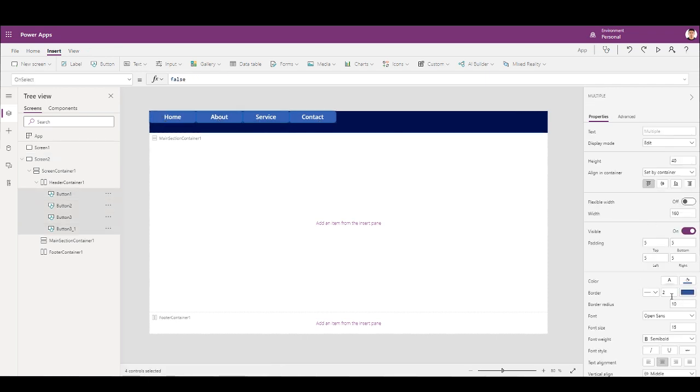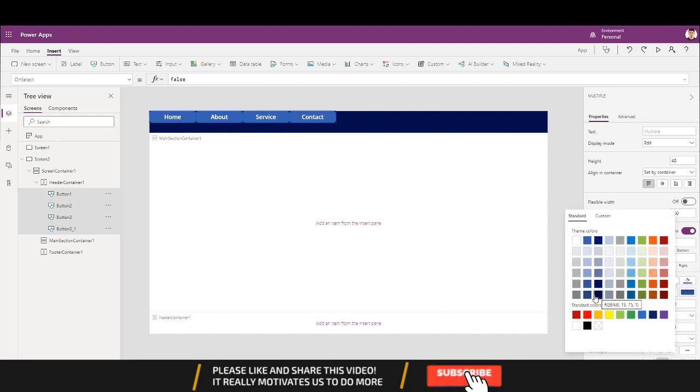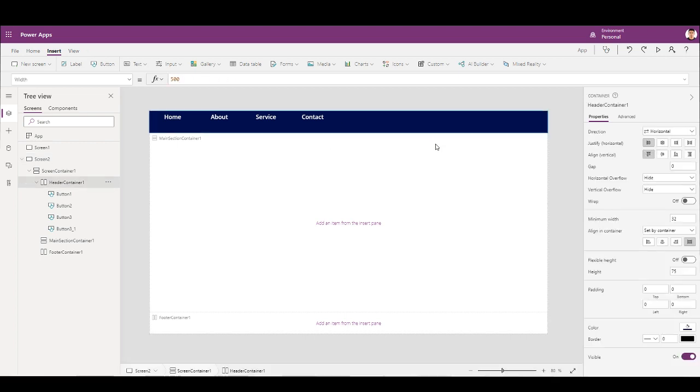So let's put the border at 0. Okay, and let's keep the color the same as we have for the header. And if you click on the container, there are multiple properties that you can see. So first property is direction.